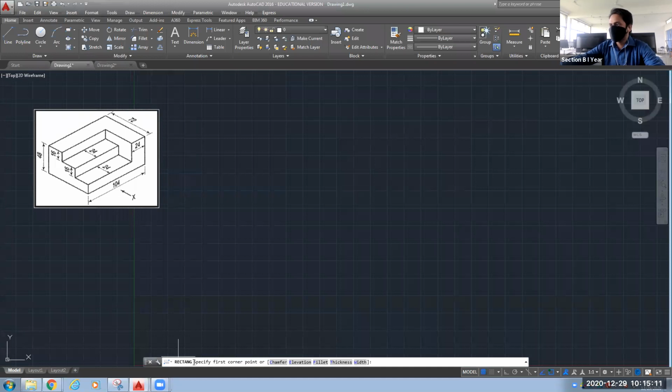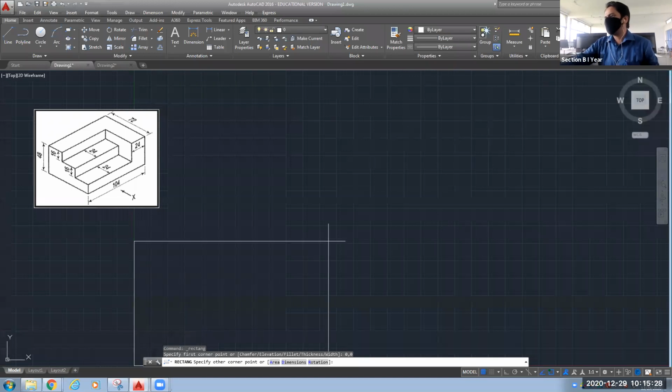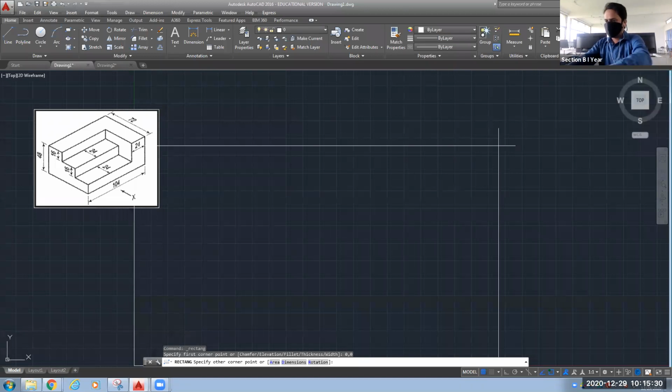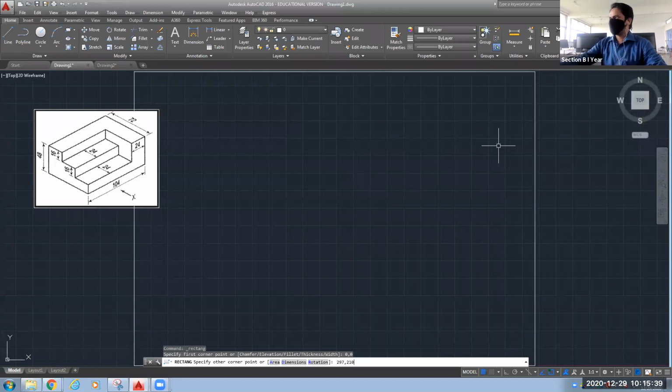Let's keep it as 0,0, our origin, because I just want to draw the margin outside box. For this I am using this rectangle, and the right corner on this side I want to keep as our limit size, A4 paper size, 297,210. Press enter. So this is our box.